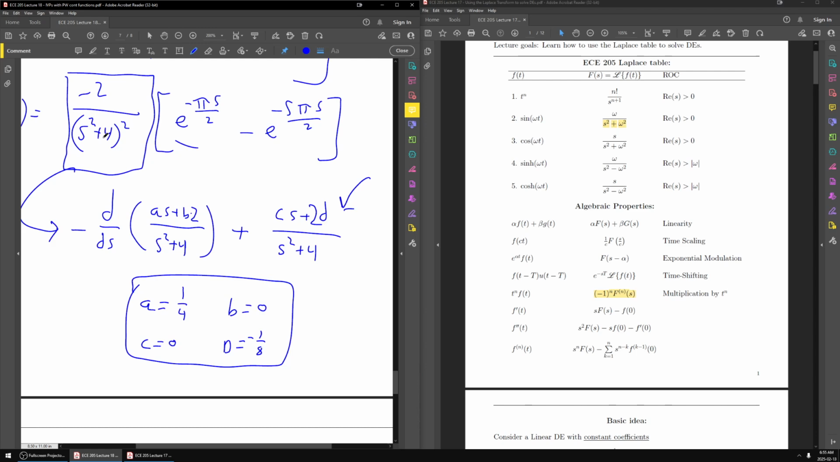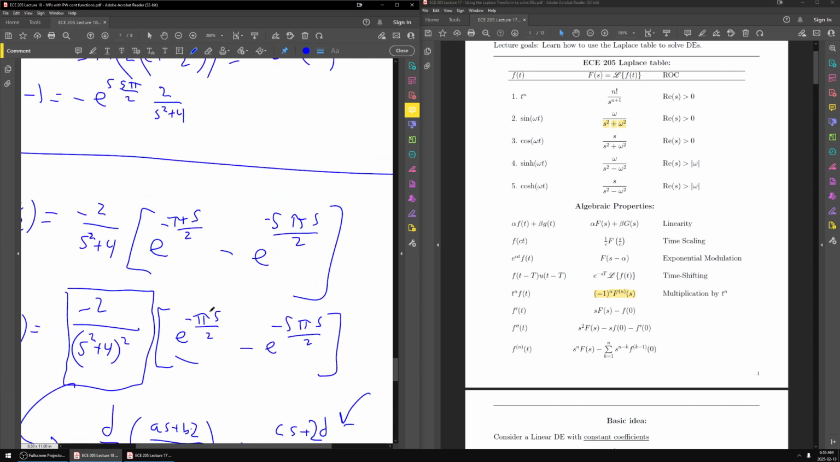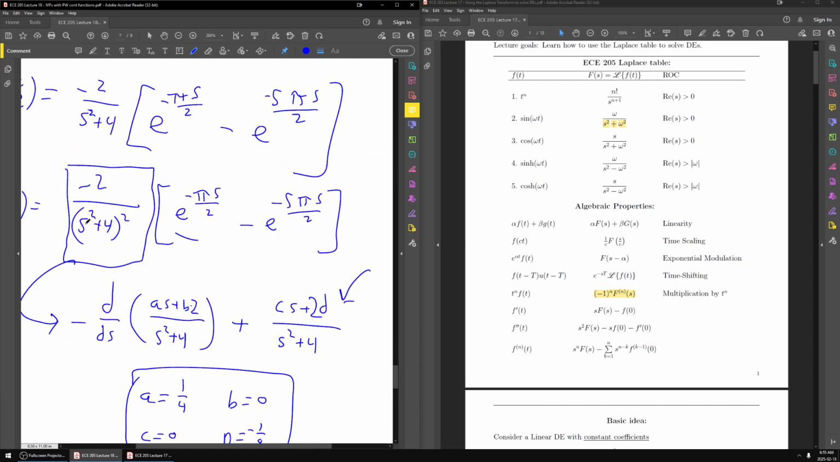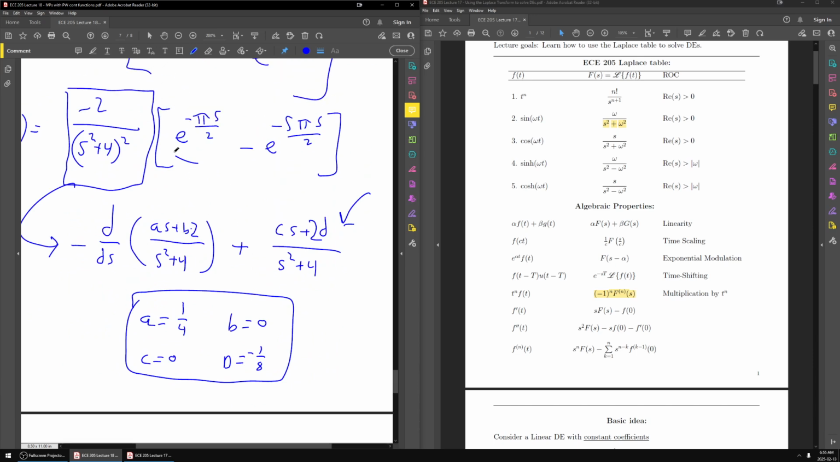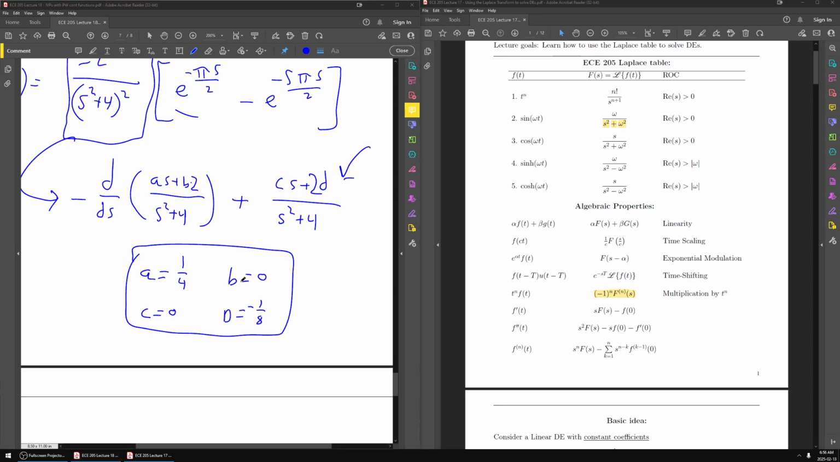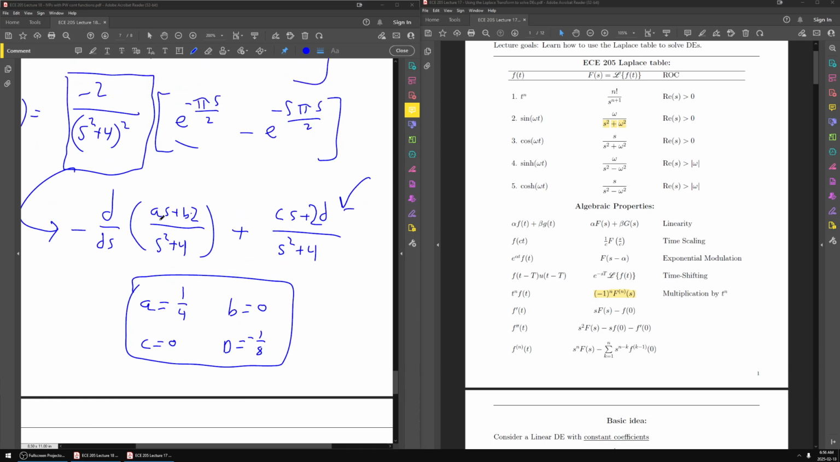Okay, so now that we have this, this is how to actually compute the Laplace transform of this piece. Then I just do the modulation. So let's do that, put the pieces together, and be done with the lecture. So here,